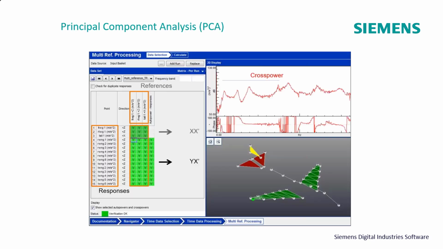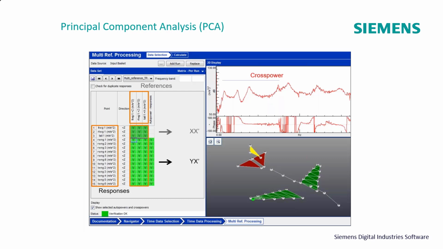And then I go into principal component analysis, and I bring in that cross power matrix. So if I were to display the top three rows, that is your reference auto power matrix. And if we had completely uncorrelated references, I would only expect values on the diagonal. And you'll see that I have values on the off diagonal. So that's telling me that my references are partially correlated. And then below row 3 is the cross power matrix that I can display and look at.